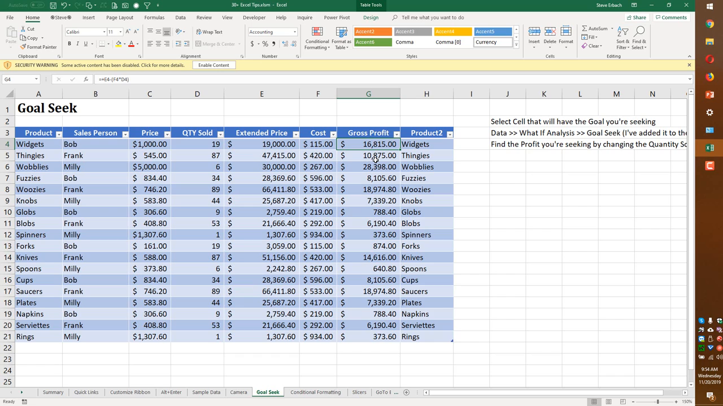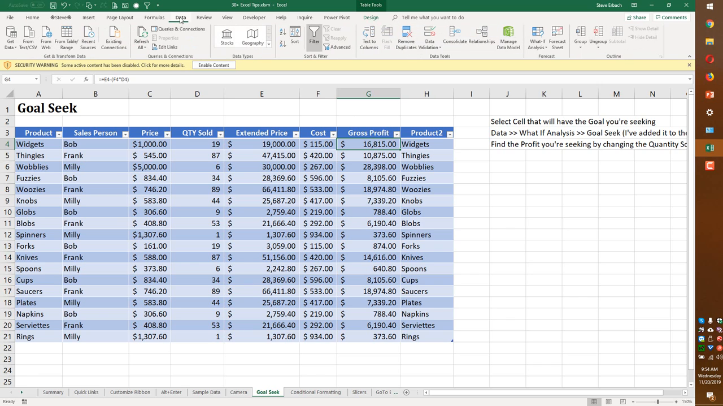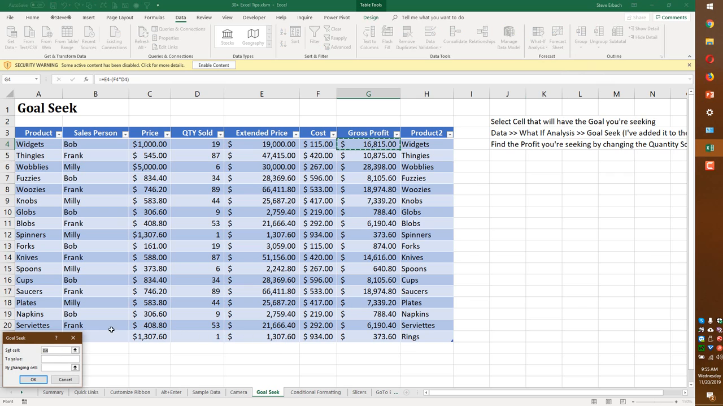$16,000 profit there. I want to change that to 20,000, or have it determine how many widgets I have to sell to reach $20,000 in profit. So that's the place that I want to see the goal. I go to the data tab, and then the What-If Analysis way over here, and I drop down the list and I choose Goal Seek, and I get this little tiny